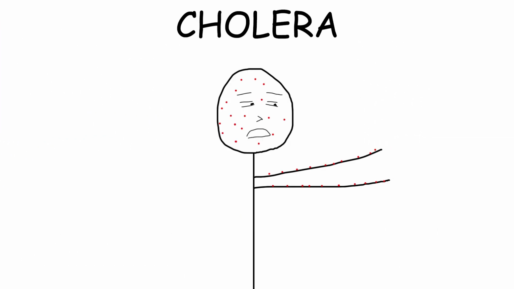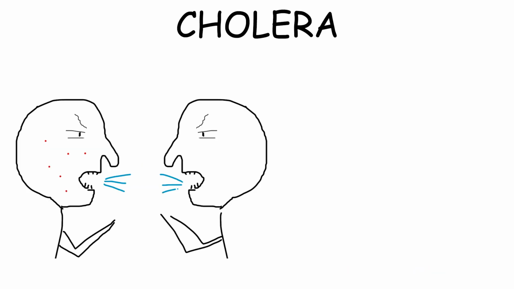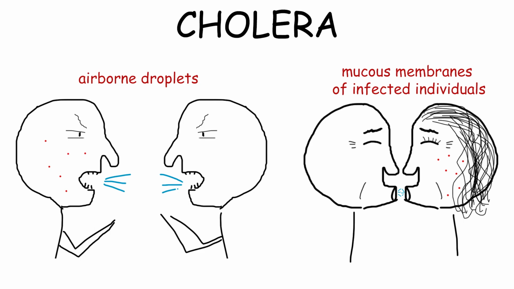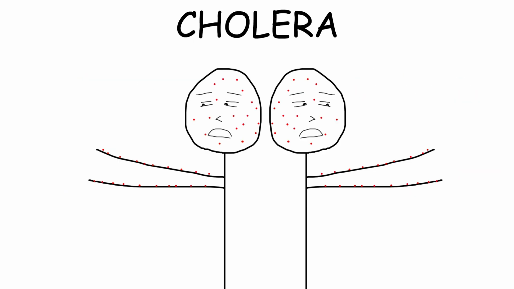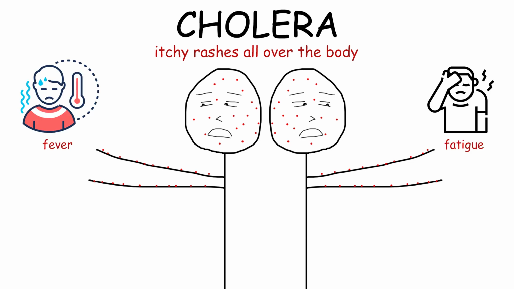Cholera, also known as varicella, is a highly contagious viral disease caused by the varicella zoster virus. This virus is transmitted through airborne droplets, contact with the rash, or mucous membranes of infected individuals. It is characterized by the appearance of red, itchy rashes all over the body, accompanied by fever, fatigue, and general